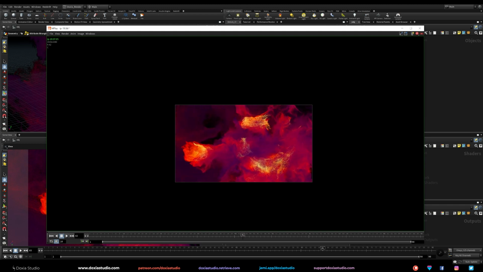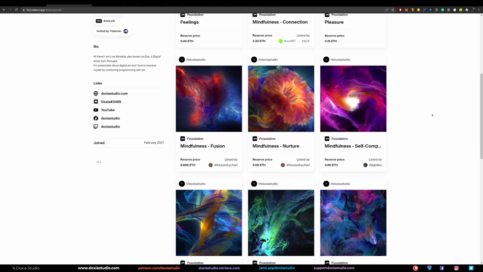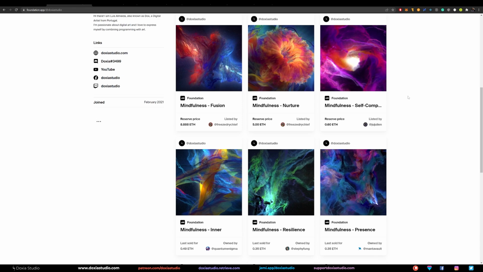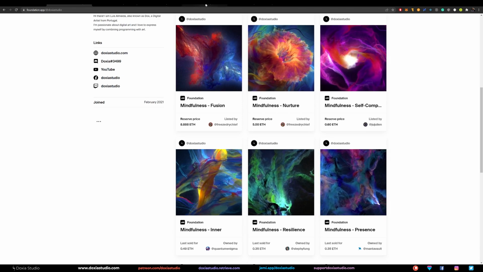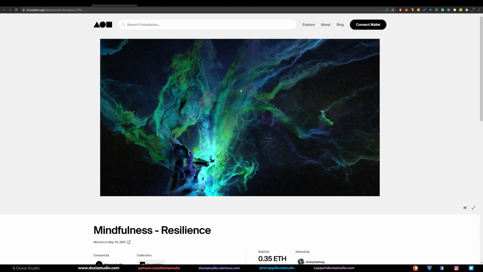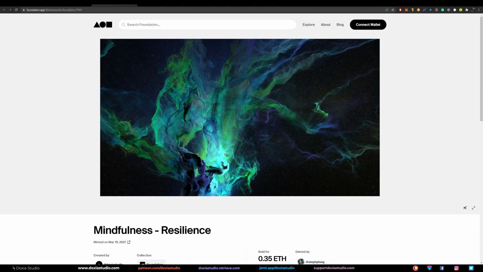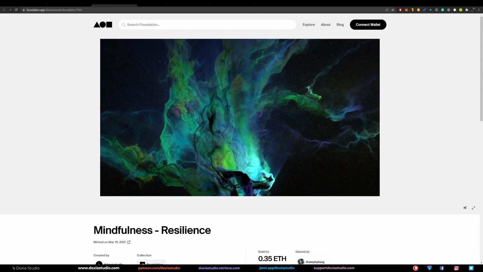A random abstract nebula. As you can see, this was my collection. We focus now on creating abstract collections like this one. Let me show you. This is what we learn now, to create abstract nebulas.